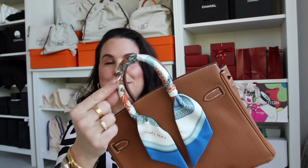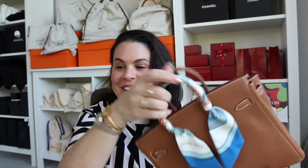And then obviously it's brown, so that works back with the gold so nicely. And then you have the Mes Paris just sitting perfectly. Again, a 25 handle, just like the mini Bolide that I unboxed the other week. Wrap it tight. Okay, pet peeve. Tight as tight can